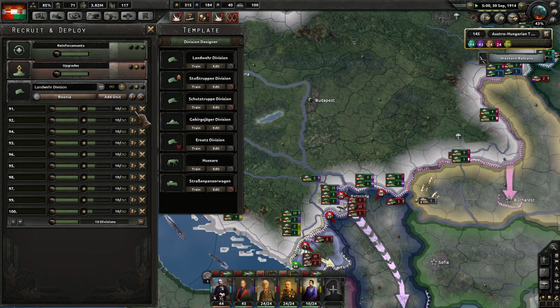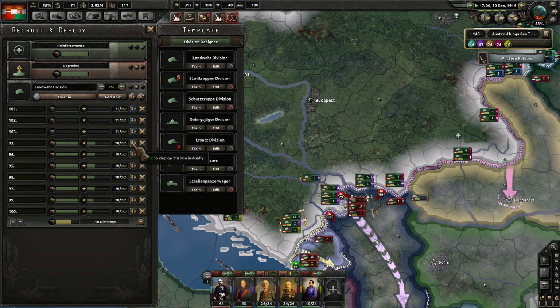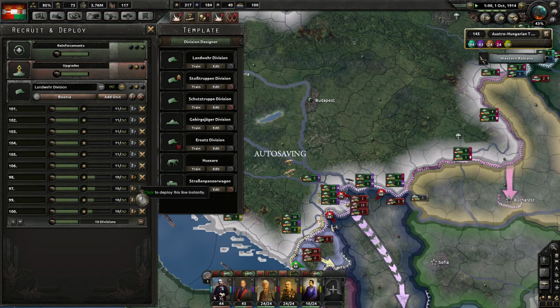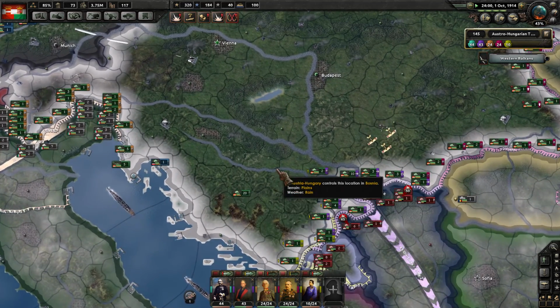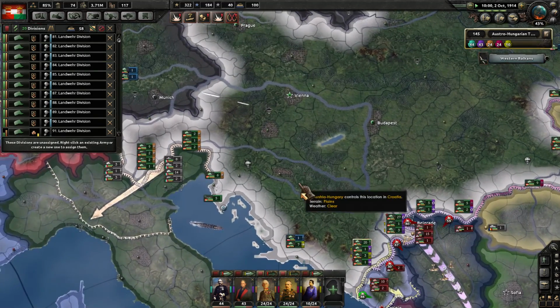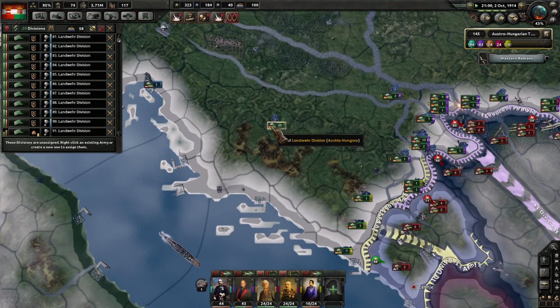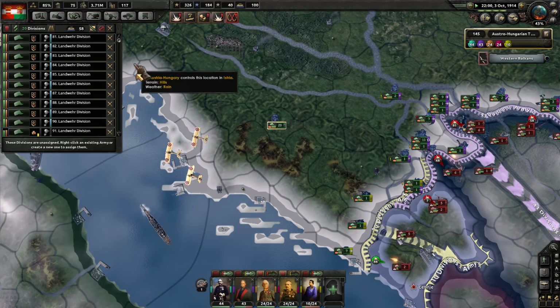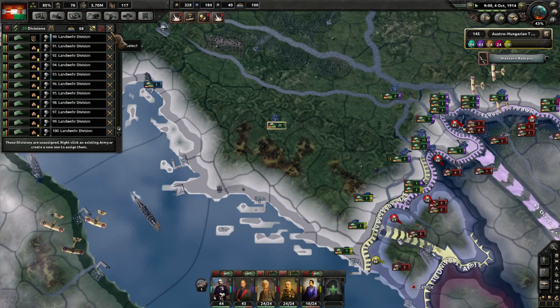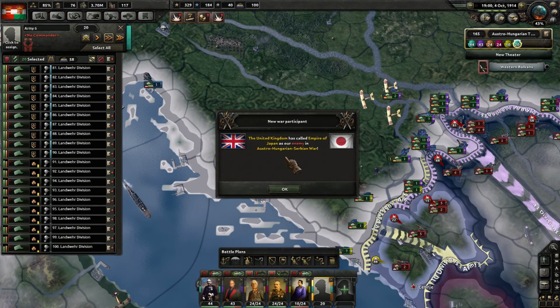So if I go over here to recruit and deploy, I know this is going to send a lot of guys to their death, but I need immediately, like I said, immediately 20 divisions. Is that 20? 1, 2, 3, 4, 5, 6, 7, 8, 9, 10, 11. Yeah, 20 divisions now that we're showing here. I'm actually going to create a new...